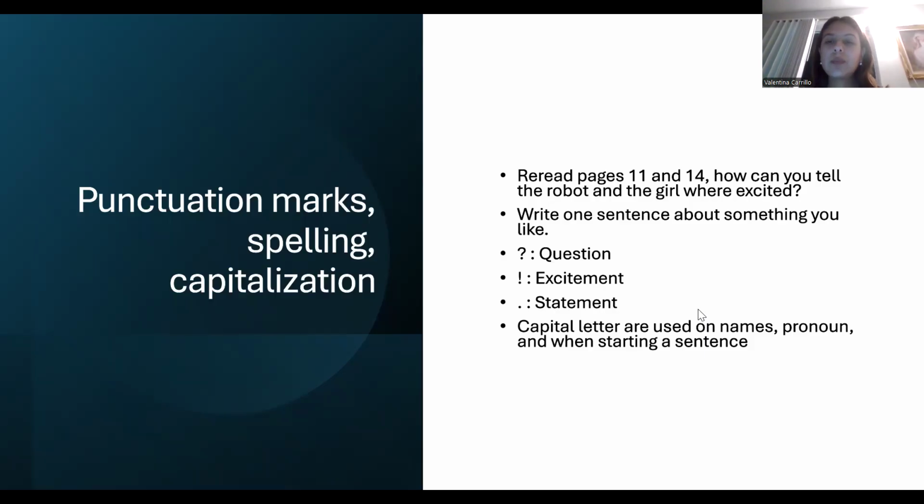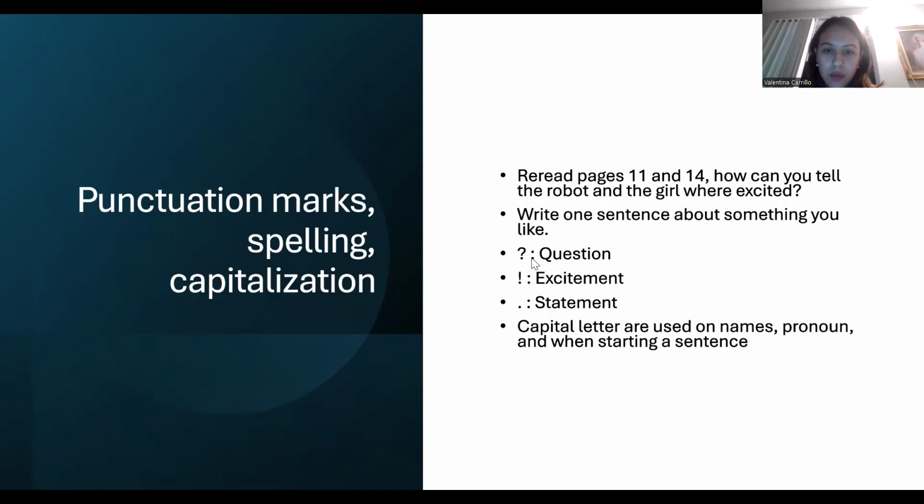Okay, so we see in pages 11 and 14 that the robot is excited because he's learning from the girl how to throw a ball. The girl is teaching him step by step how to throw a ball. After learning, the robot is finally able to do it by himself in the correct way. In the sentence, the robot expresses with very much excitement that he can throw a ball correctly. And referring to excitement, in English, we use this